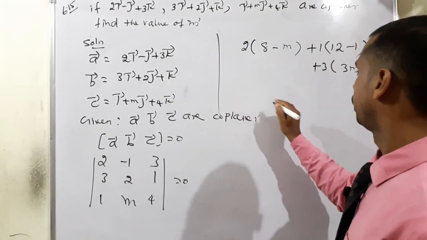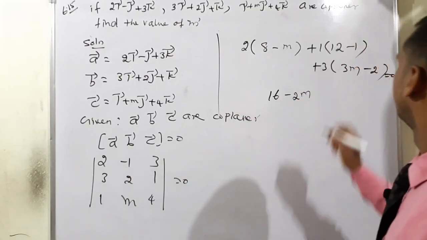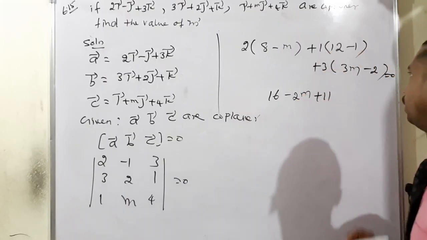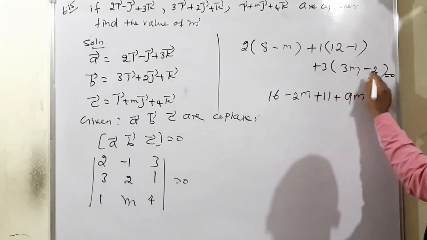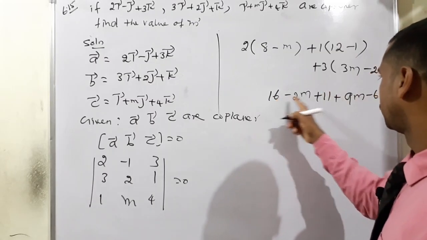So 2 into 8 is 16, m into 2 minus 2m, 12 minus 1 is 11 will come. 11 into 1 means positive 11. So plus 3 into 3 is 9m, 3 into minus 2 is minus 6, equal to 0. Now look at there, 16 plus 11